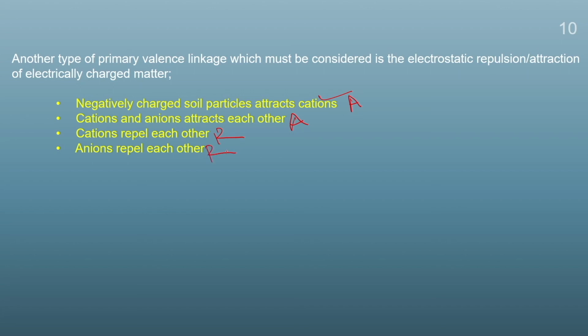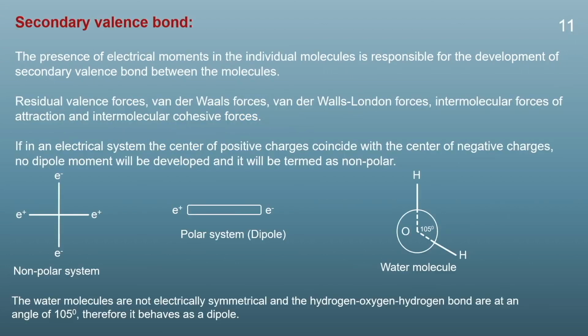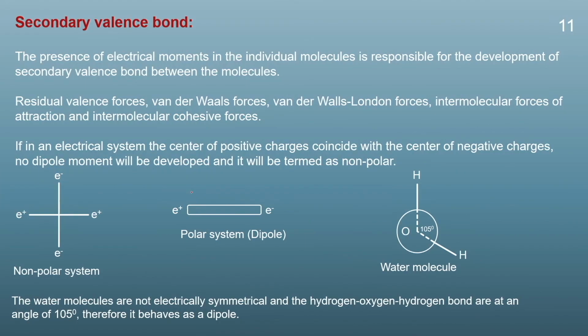These are the few forces or bondings which generally take place in a clay water system. Next, we will discuss the secondary valence bond. The secondary valence bond is the weakest bond among the primary valence bond and the hydrogen bond. It is generally due to the presence of a dipole between the molecules. The secondary valence bond is the force between the units of matter that arises due to the presence of electrical moment